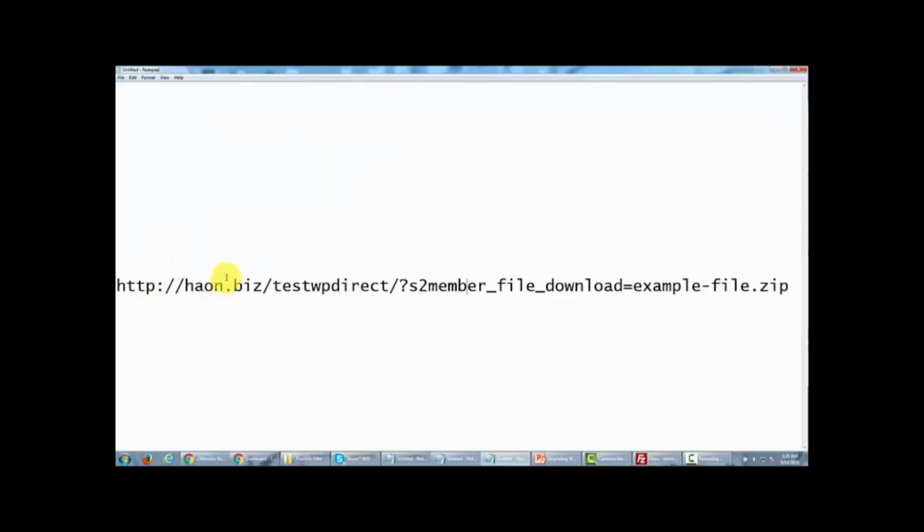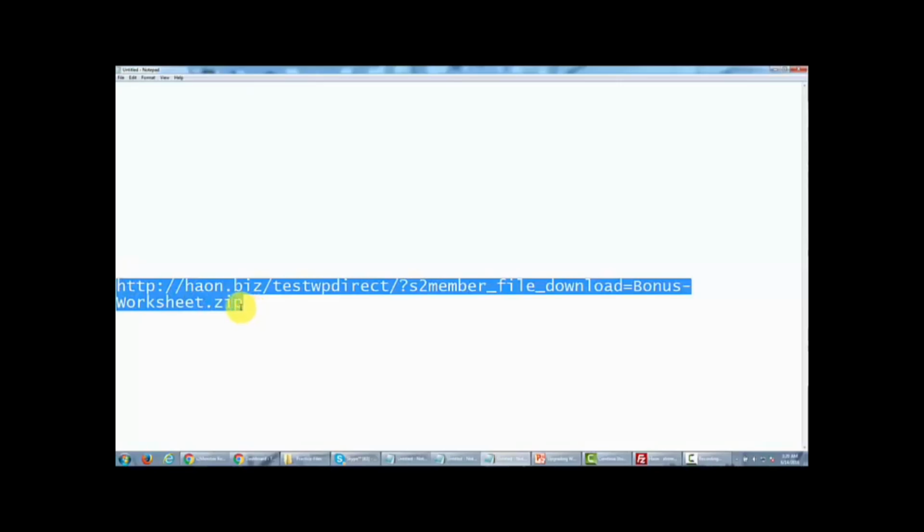So if you recall, we said that we needed to name the link according to our URL, according to that directory, with these words, and then instead of example-file, we're going to put in the name of our file. So now what we have here is the link ready, using bonus-worksheet instead of example-file. So what we're going to do is copy this,